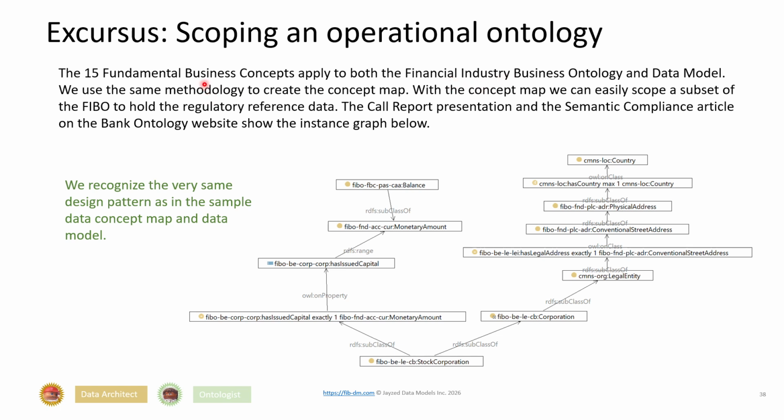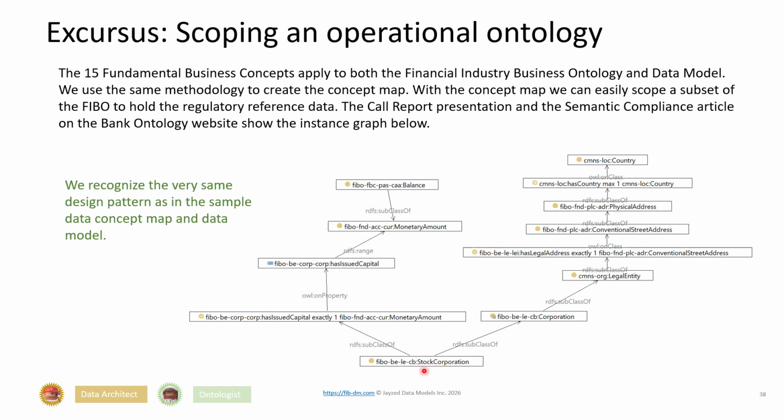And remember, in the data model, they are ultimate supertypes. In the ontology, they are the highest level classes, subclass only of the thing. So we use the same methodology to create the concept map. And then, likewise, with the concept map, we can easily scope a subset of the FIBO to hold the regulatory reference data. And the call report presentation and semantic compliance article on the bank ontology website show the instance graph